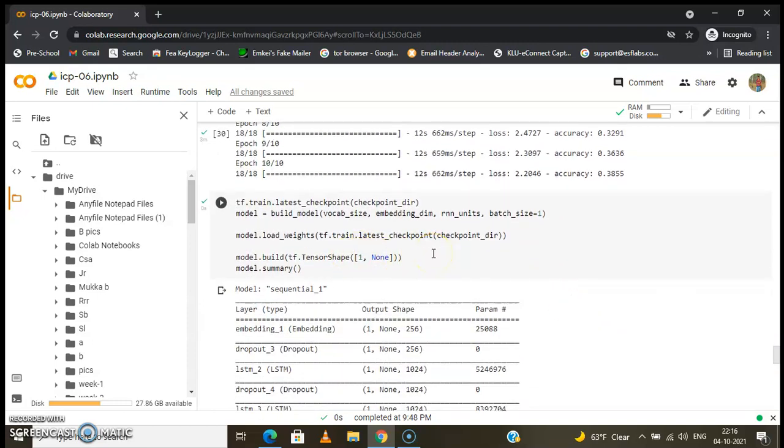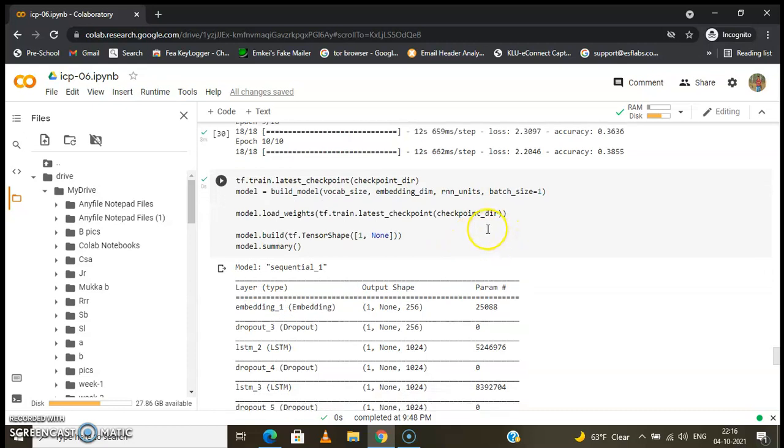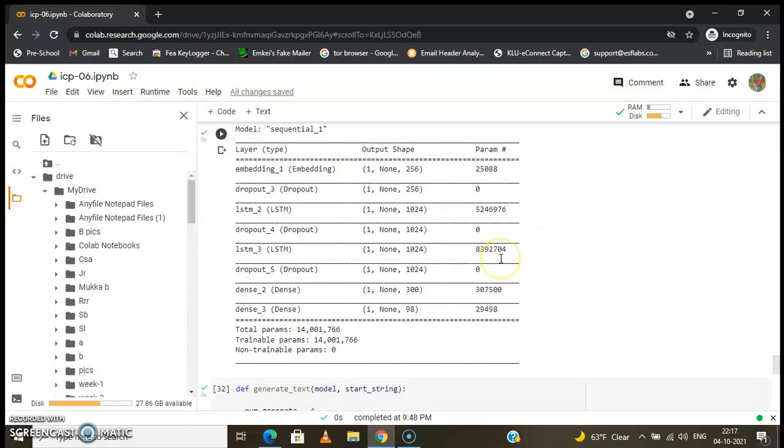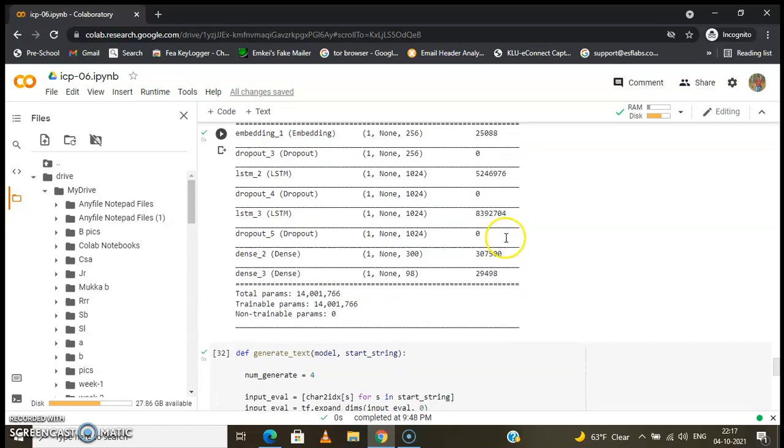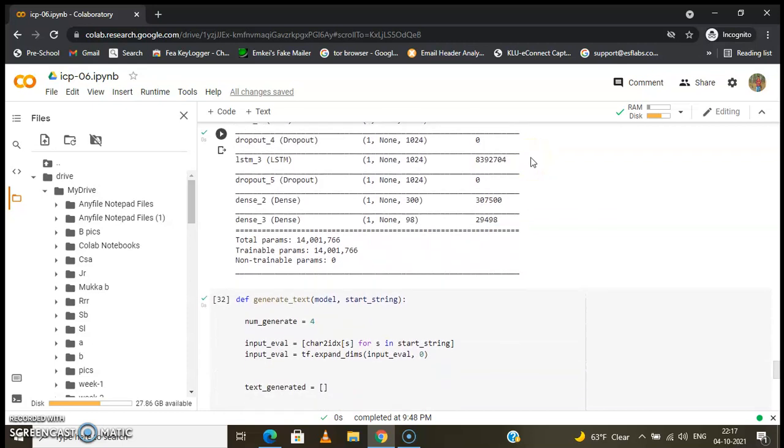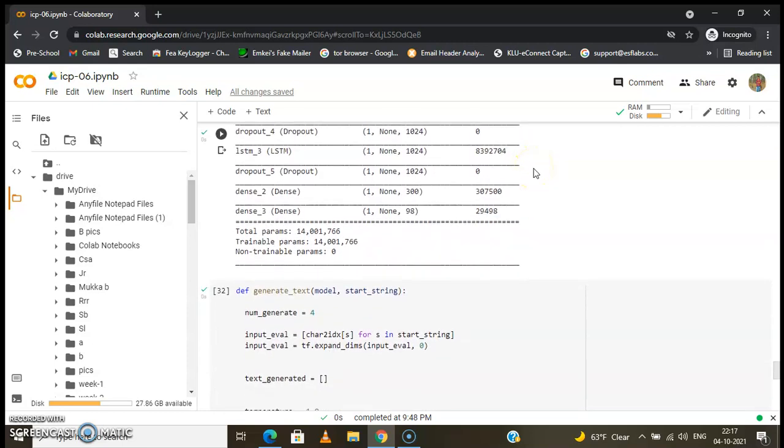This is the RNN state part, carried from time step to time step, and the model only accepts a fixed batch size. Once built, to run the model with a different passage, we need to rebuild the model and restore the weights from the checkpoint. After training, this is the model summary.